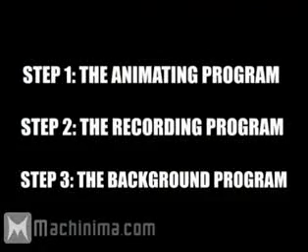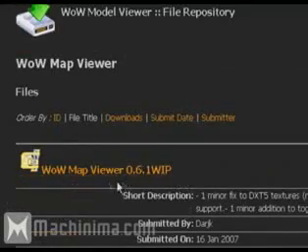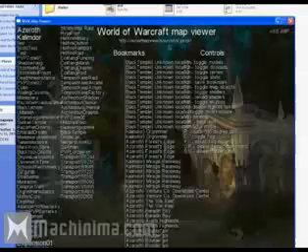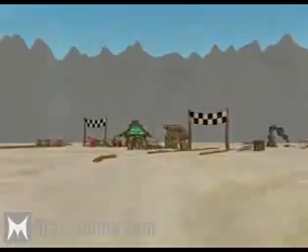A great way to get backgrounds leads to our third step, downloading WoW Map Viewer. You can find this program on wowmodelviewer.org as well, and it will allow you to find your environments and locations for your characters to interact in. Remember, you can go back into the real game and capture whatever you want, but you'll be limited by what your camera can actually capture. The freedom of using WoW Map Viewer gives you a broader range of camera composition and angles that you can